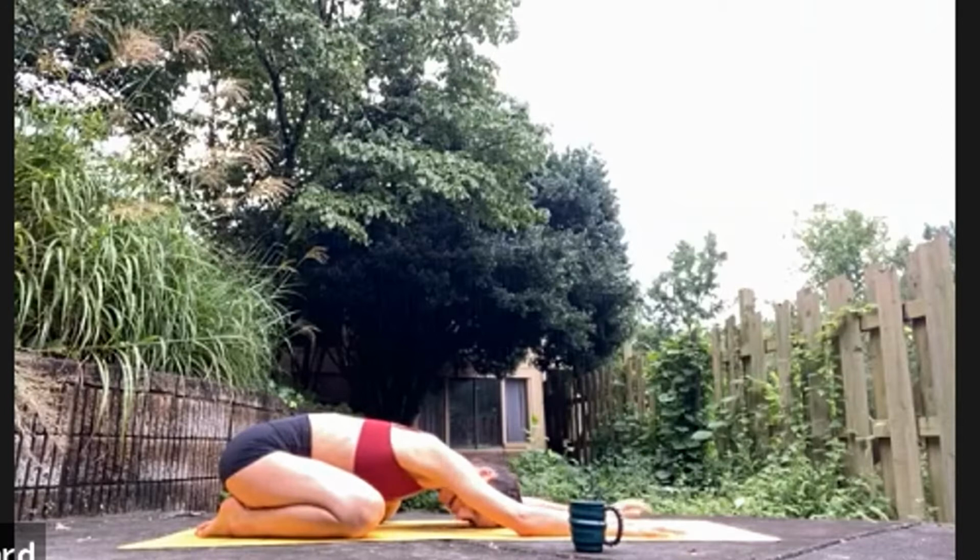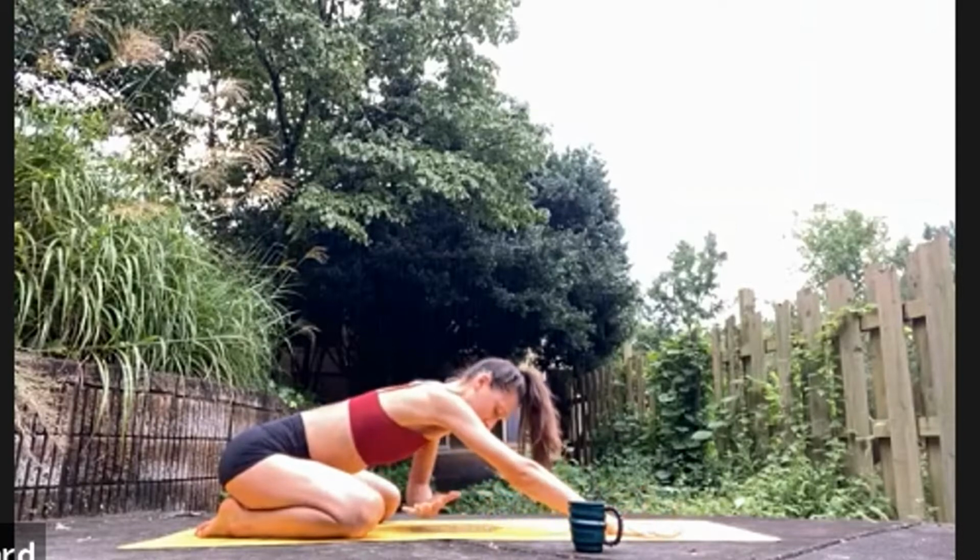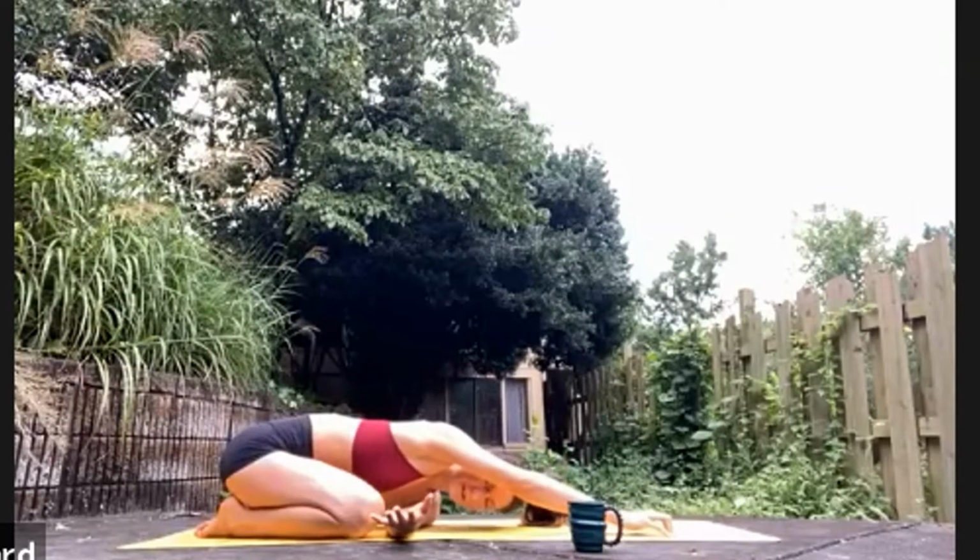Good. Feel the low back, get a stretch here. You're going to press the hands down a little bit, lift the forehead and the chest away from the ground. Thread the left arm underneath the bridge of the right arm. So you're going to bring the left bicep,